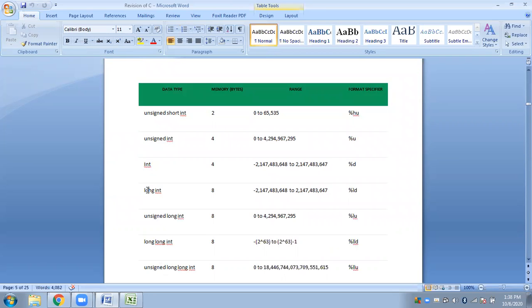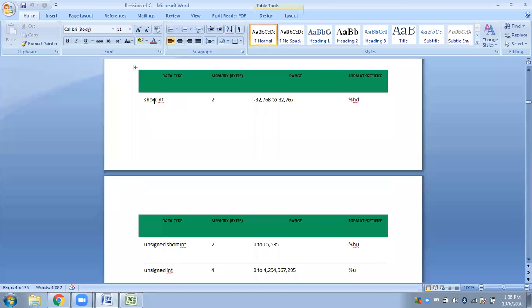We went through int, unsigned int, then short int. I tried to explain why we sometimes might have to minimize the size of the data, more specifically the size of the storage, because if you are storing very small data, you need not waste more of your memory.